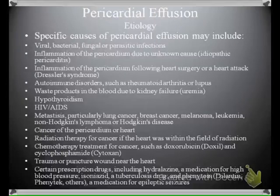Hypothetically, some of the specific causes of pericardial effusion could include viral, bacterial, fungal, or parasitic infections, inflammation of the pericardium due to unknown causes, labeled as idiopathic pericarditis, inflammation of the pericardium following heart surgery or heart attack, autoimmune disorders such as rheumatoid arthritis or lupus, waste products in the blood due to kidney failure, hypothyroidism, HIV or AIDS, metastasis, particularly lung cancer, breast cancer, melanoma, leukemia, non-Hodgkin's lymphoma, or Hodgkin's disease, cancer of the pericardium or heart,